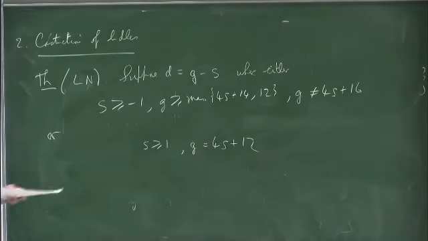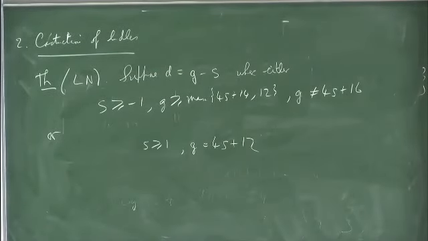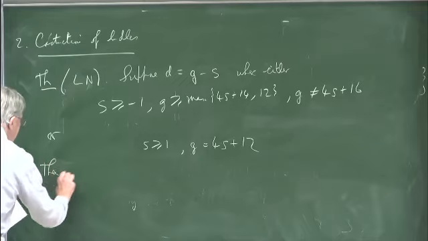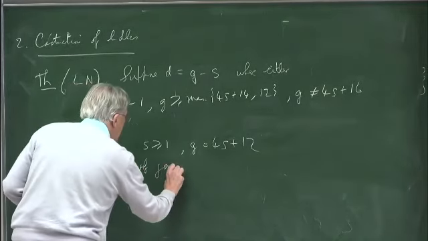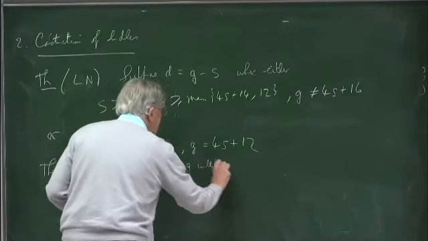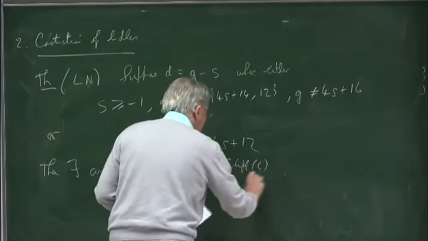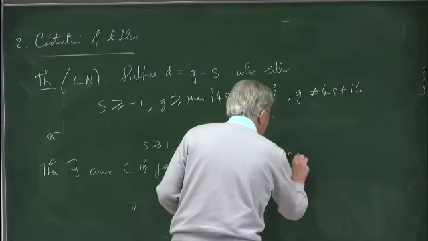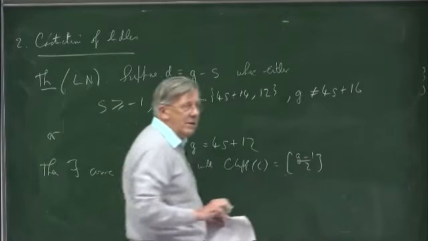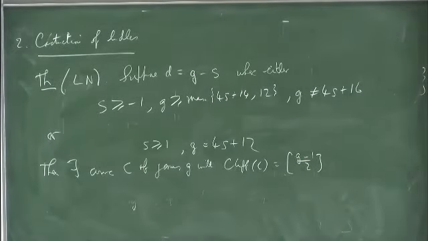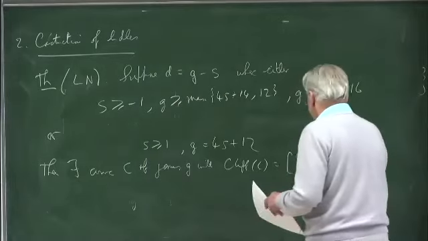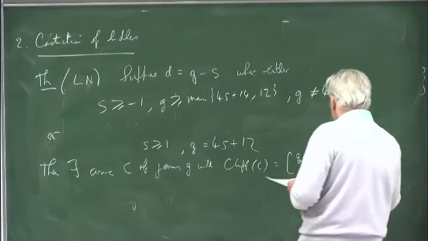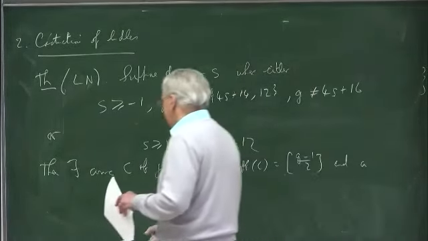Or s is greater than or equal to 1 and g equals 4s plus 12, then there exists a curve C of genus g with Cliff C equal to the maximum possible value, the general value. So as far as the Clifford index goes, this is a general curve, but it is not in fact a general curve, and it has various special properties. And a stable bundle